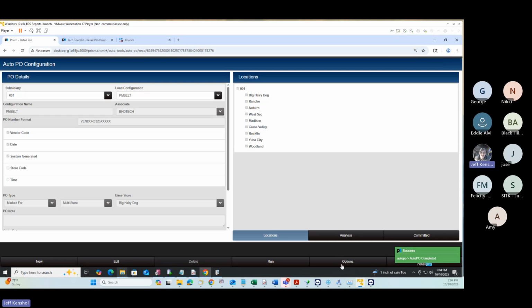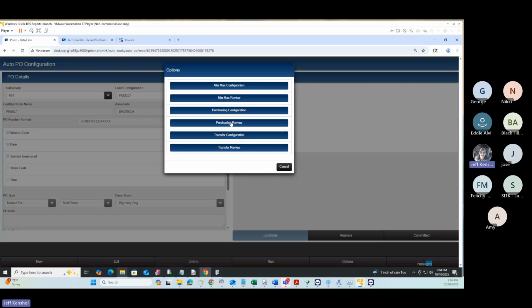So all three of these modules, Auto Min-Max, Auto PO, Auto TO, they basically work in two pieces. You go and do the configure, and then you go and do the review. So purchasing configuration, purchasing review, min-max configuration, min-max review. Same thing with TOs, right? So we're going to try review,